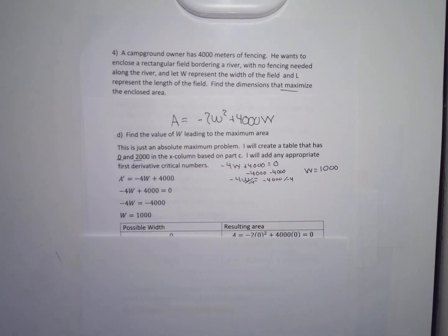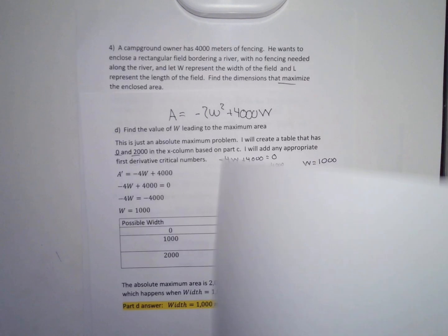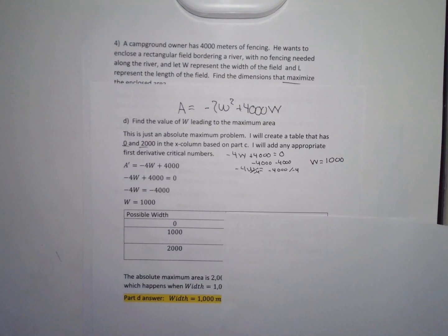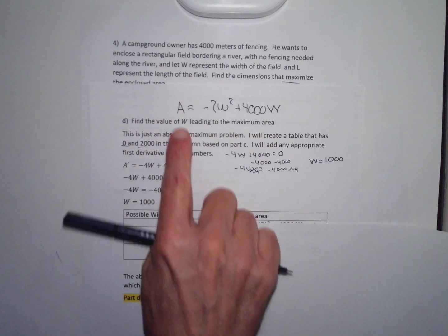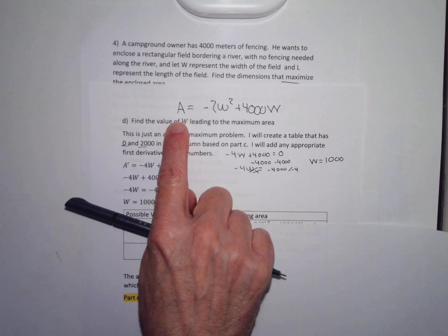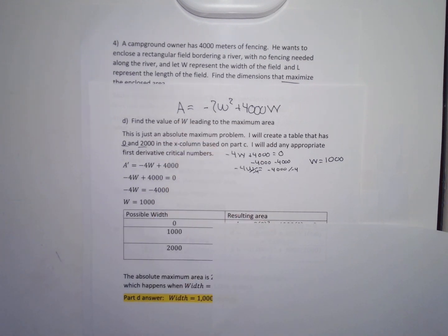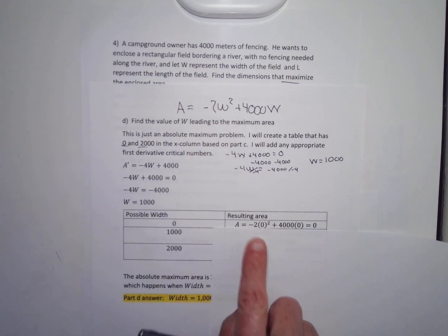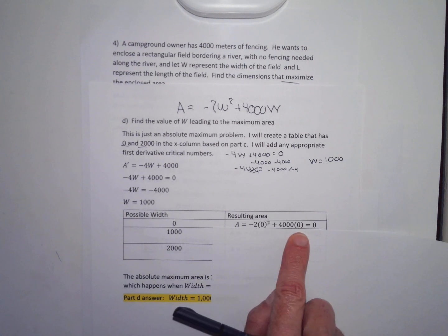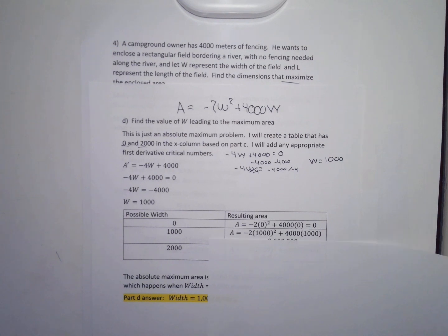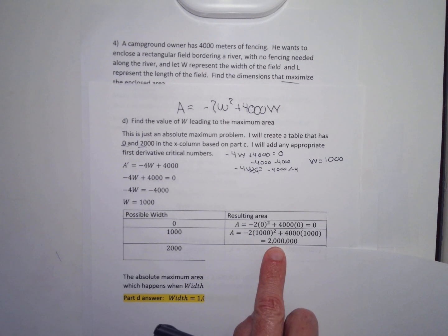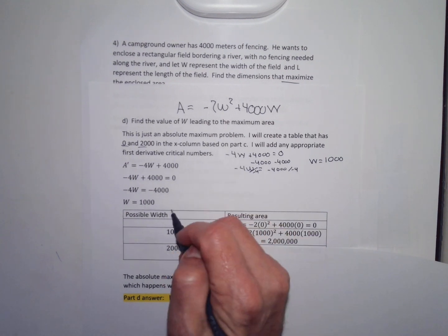So now my table is going to have 0, 1000, and 2000 in the X column, and these are the widths. And then in the Y column, this formula, if I put in the number for width, it gives me the corresponding area. So for each value in the X column, I put the value into the area equation, and then I use my calculator. So I plugged in 0 for the W's, used my calculator and got an area of 0. Plugged in 1000 for the W's and got an area of 2 million square meters,